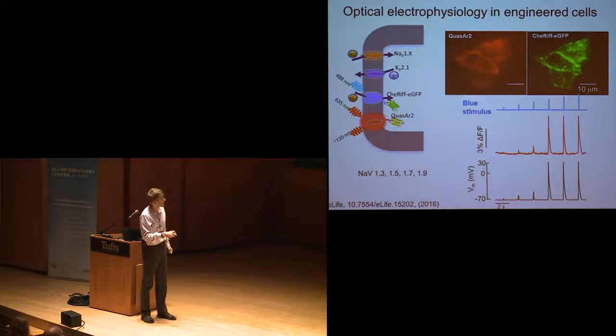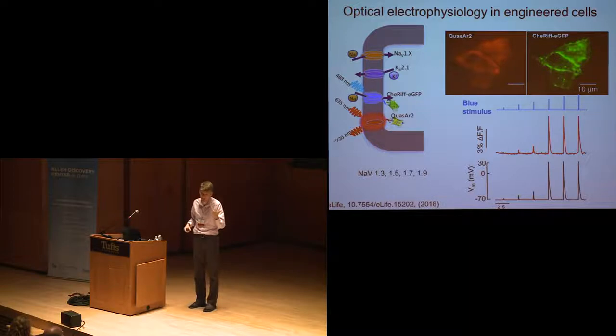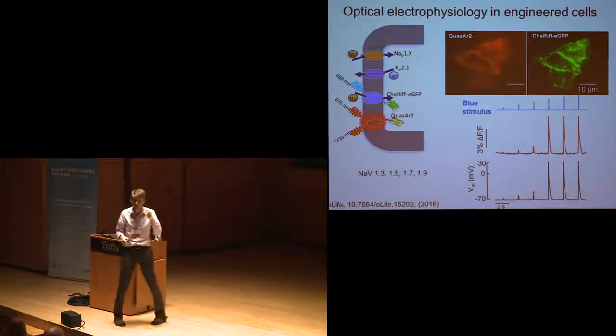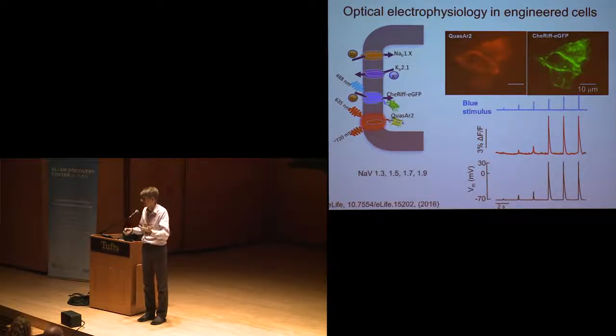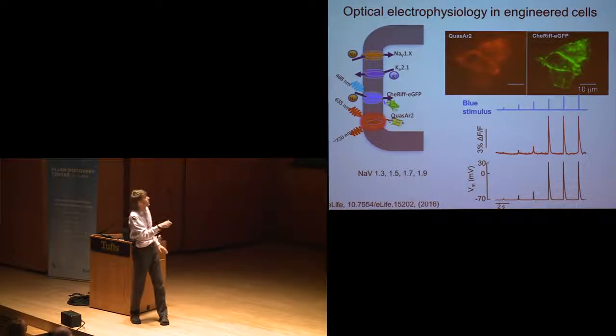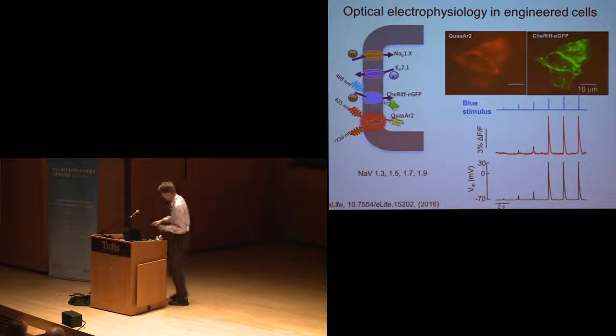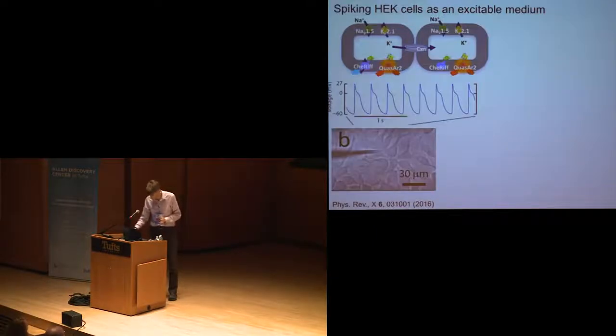We then stimulated these cells with flashes of blue light of successively greater intensity. And for the dim flashes, we saw corresponding small changes in voltage. But then once the flash crossed a threshold, we saw these big spikes in voltage, which are action potentials. And so, indeed, as everybody expected, with just these 2 components, you can create an electrical spike in a cell that didn't have that property before. But unlike in a neuron or a cardiac cell, we really know everything there is to know about these channels. And so we really understand how these cells are making these spikes. Or at least we thought we did.